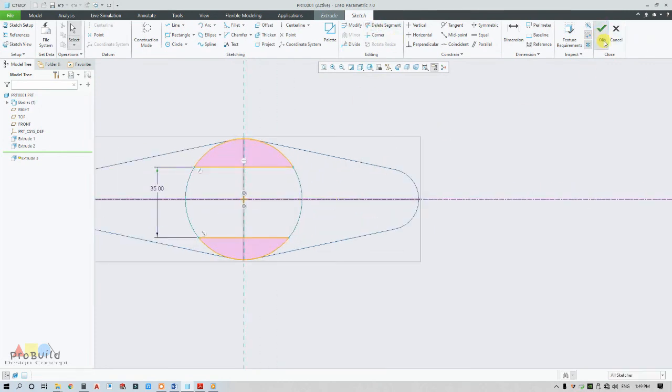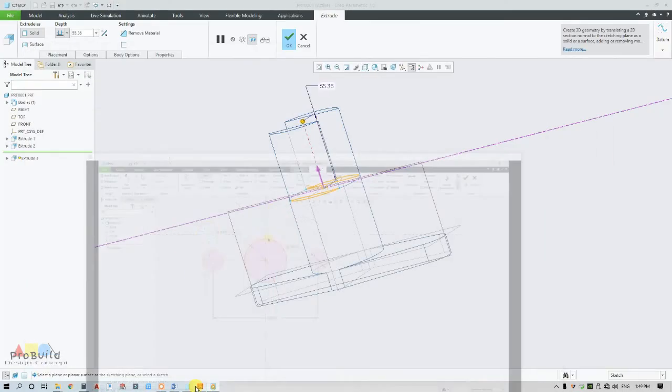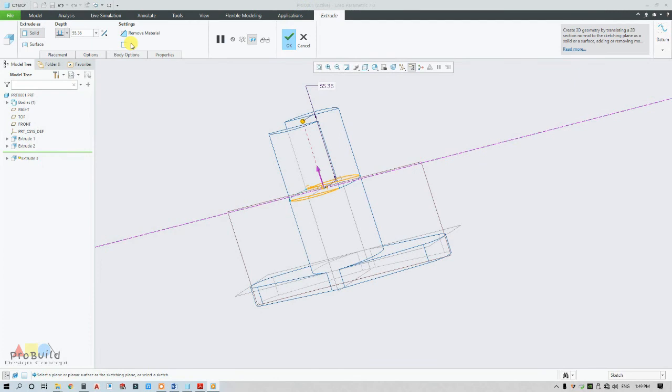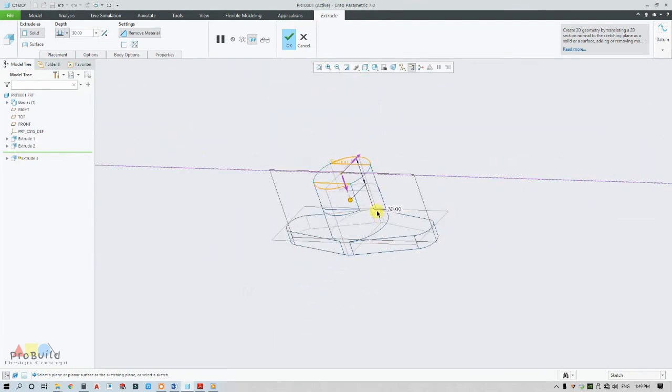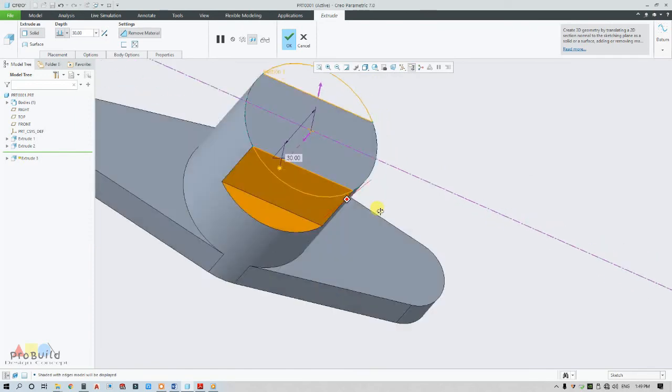It formed the closed loop and it is minus to 15. Sorry, it is up to 30. So put here 30, reverse position, so it automatically removed the material. See,